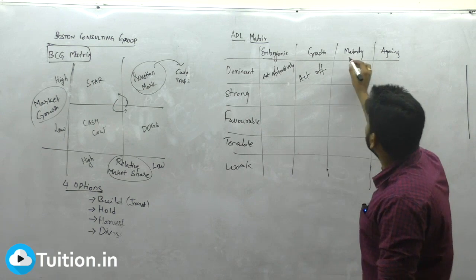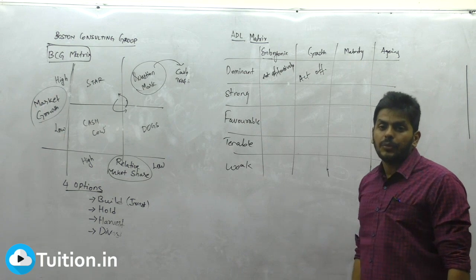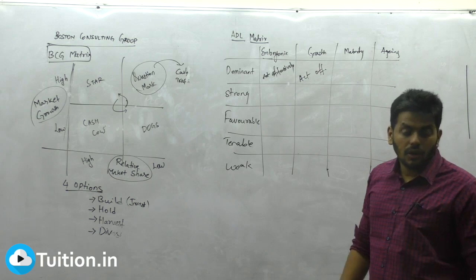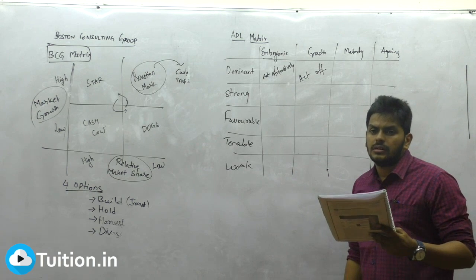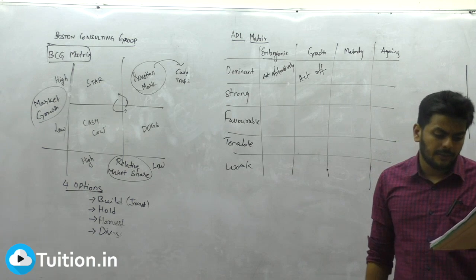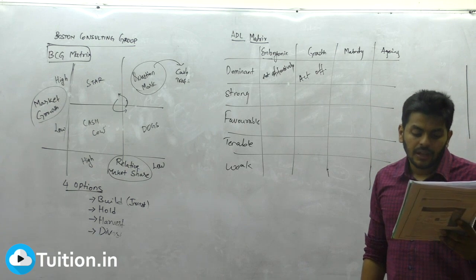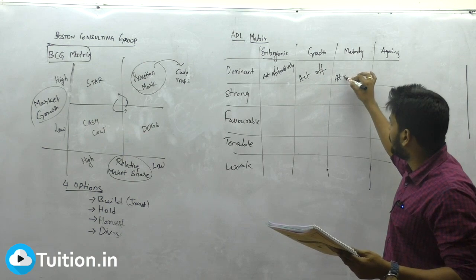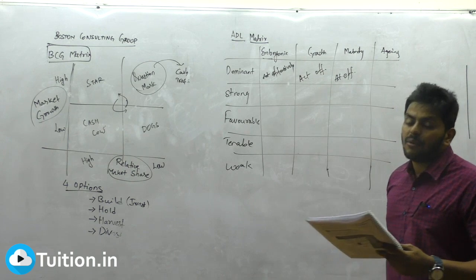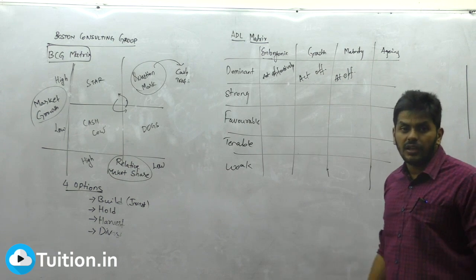Sir, what about them reaching maturity? Their product reached maturity. They didn't. So they will still continue to act offensively only. Defend your position. Till how many days can you hold your position? Hold it. Attain cost leadership, renew, try to grow fast, and here also act offensively. Sir, time over, sir. We are moving up to aging.